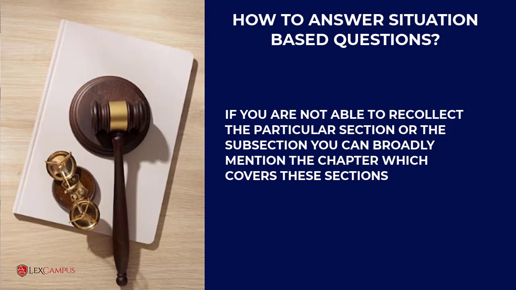Then, that's why if you group the sections together, if you know that chapter 6 is on anticipation and chapter 6 runs from section 29 to 33. You don't know which provision talks about exhibition, anticipation and exhibition. That is section 31, sorry. You don't know which provision talks about public working, which is section 32. And you don't remember which provision talks about publication without consent. That is section 29. Still, if you don't remember the details, you can still broadly mention at the top of your answer that chapter 6 deals with anticipation, which runs from section 29 to 34. Okay, so that is something which you can anyway do.